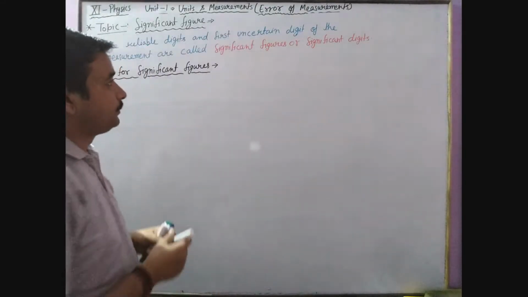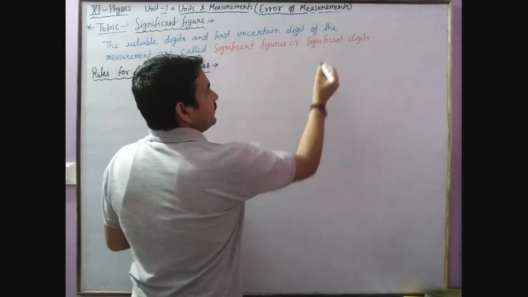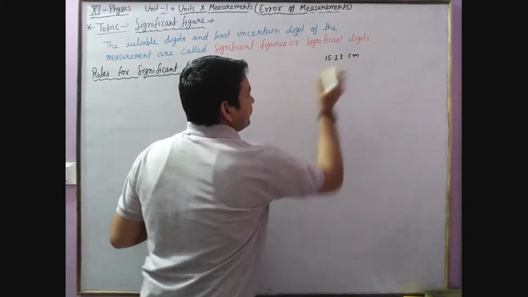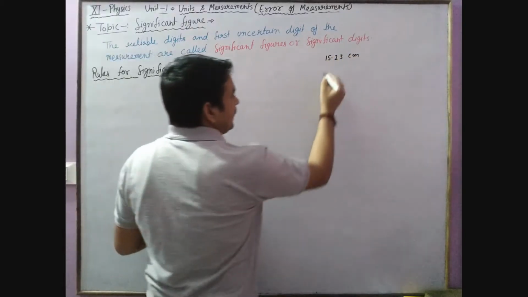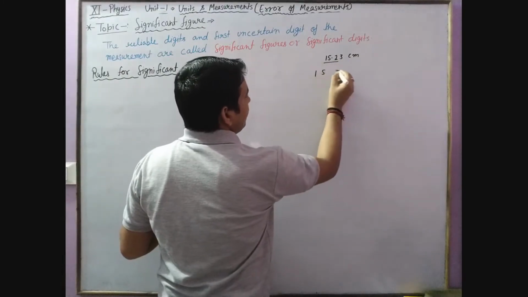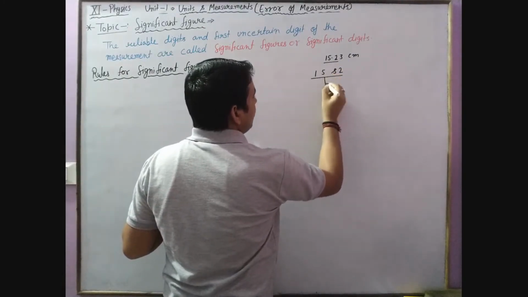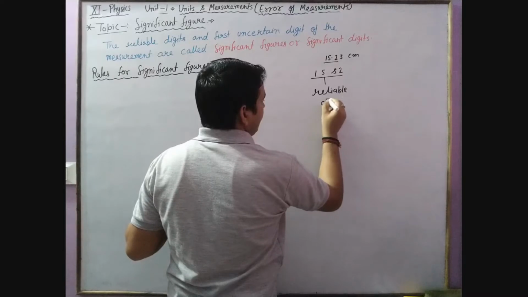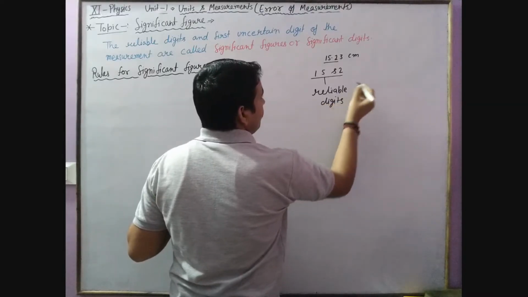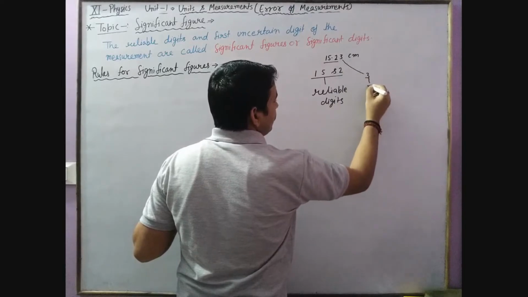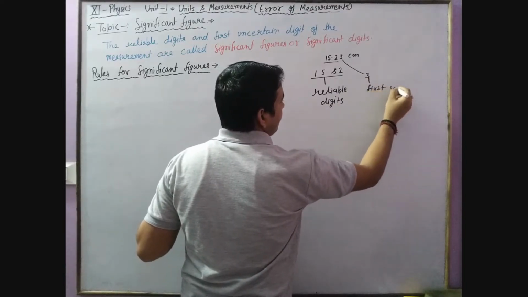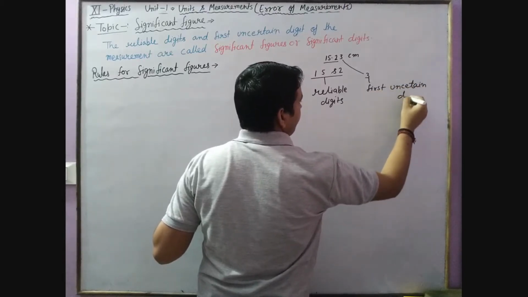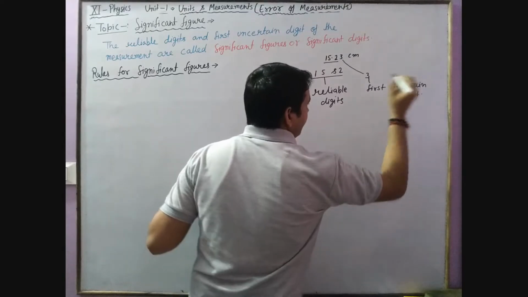Okay, for example, if we measure a length like 15.23 centimeter. Now here the first three digits, that is 1, 5 and 2, are reliable digits, while 3 is the first uncertain digit. Okay,